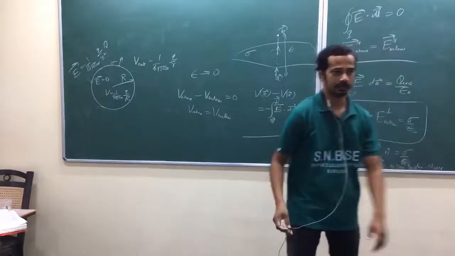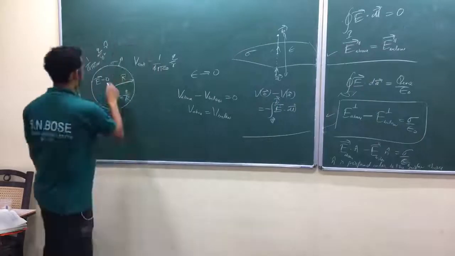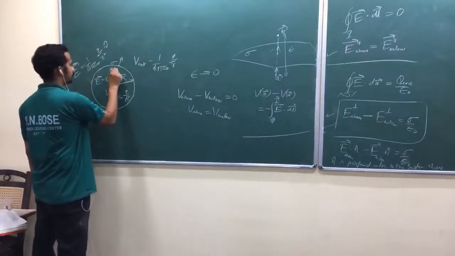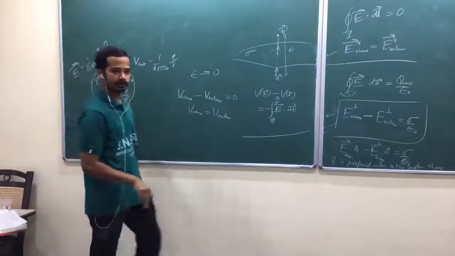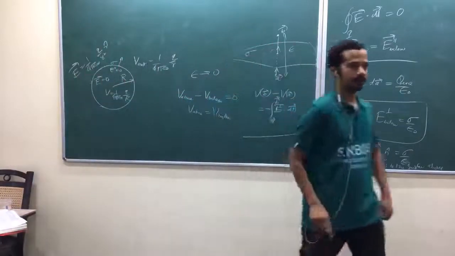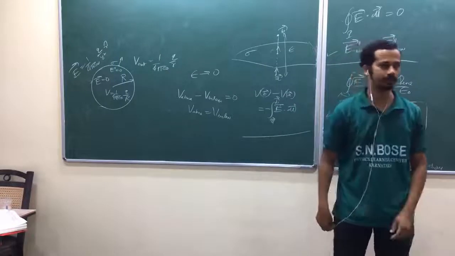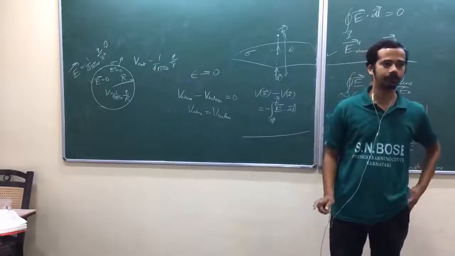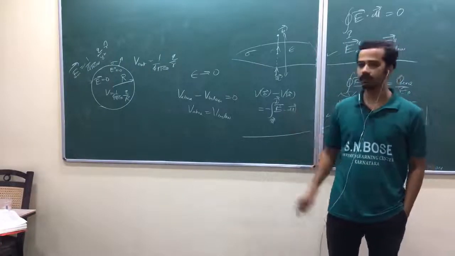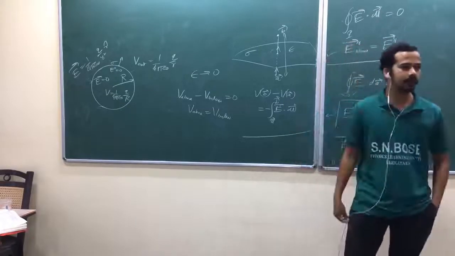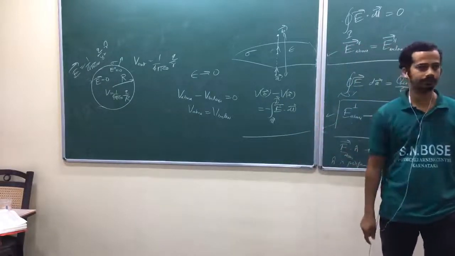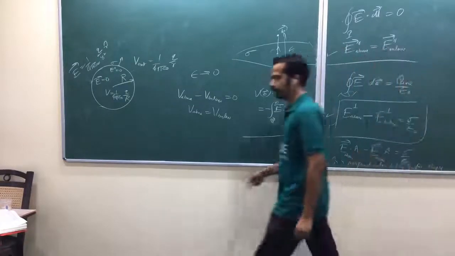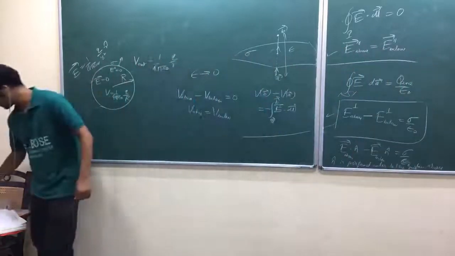Are you getting my point? The parallel electric field is 0, above also. There is no parallel component of the electric field to the surface, only the perpendicular component. Everything will happen automatically. Potential is continuous. The perpendicular component of the electric field is discontinuous. The parallel component of the electric field is continuous. Just observe those things, so you should be able to apply those equations.